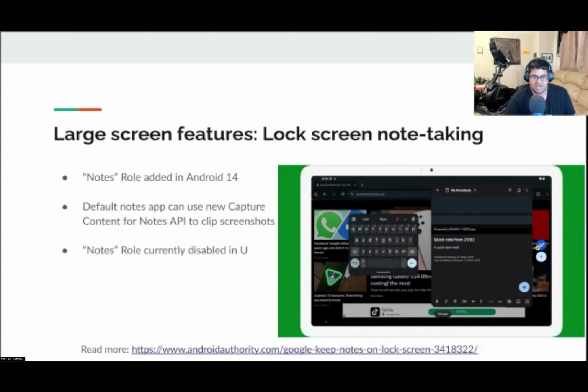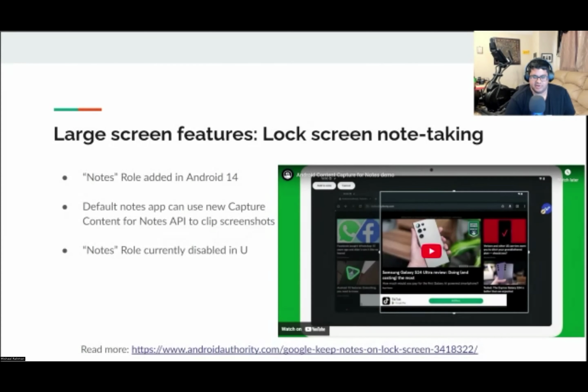An app that's set as the default note-taking app has access to Android 14's new Capture Content for Notes API, which allows the default Notes app to insert a screenshot of the current page into a note. Although these capabilities are currently introduced in Android 14, I suspect that these may be graduated from developer options into a full-fledged feature in Android 15, and you won't have to enable a developer option or override the config anymore to enable it.